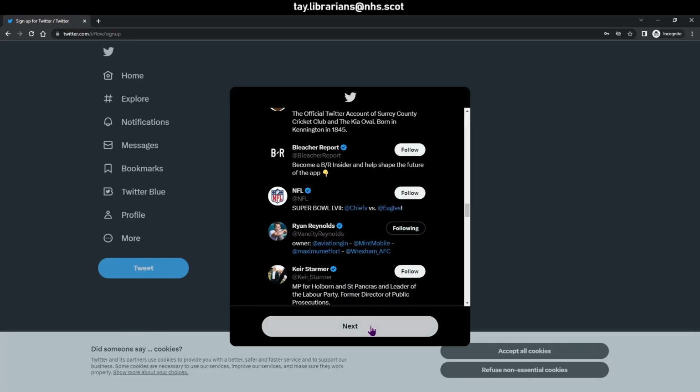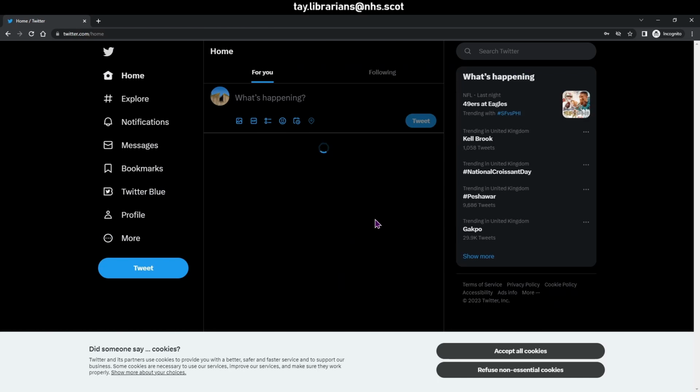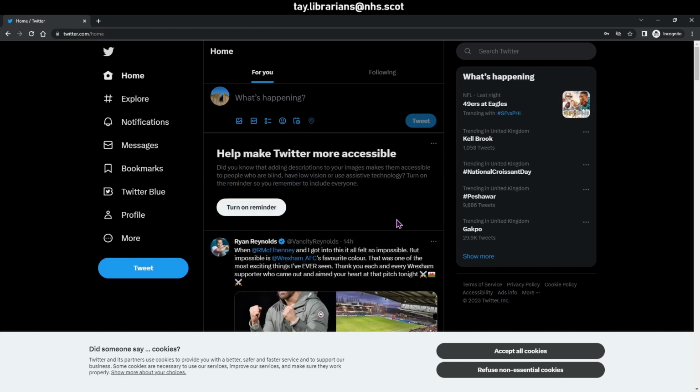Now, there's a lot of detail here that you need to understand to make the most of it, but frankly, it's also pretty straightforward. You click away the cookies and you understand the message at the top of the screen, and then you can already start tweeting if you choose to. We will be doing that a bit later. And we are first going to unfollow poor Ryan Reynolds that we've just followed because Twitter demanded that we did.